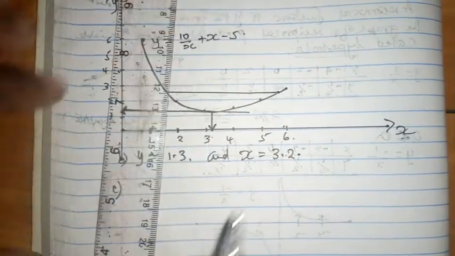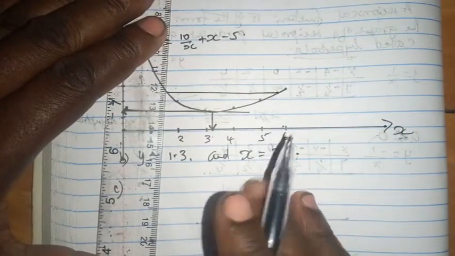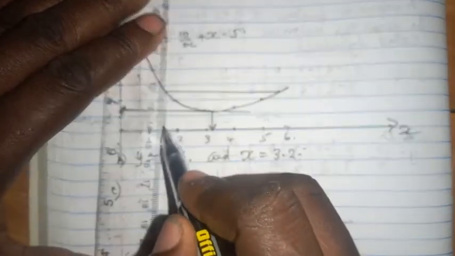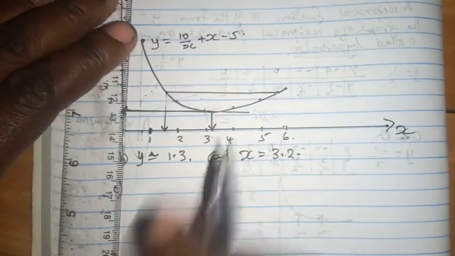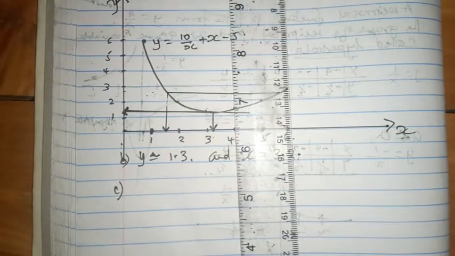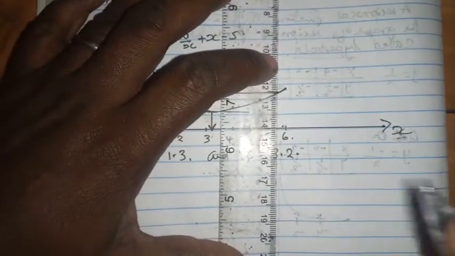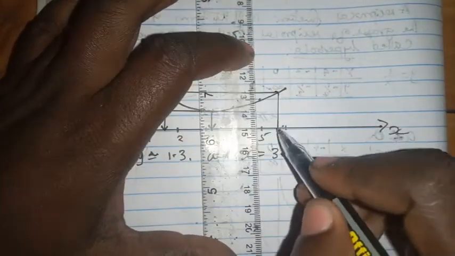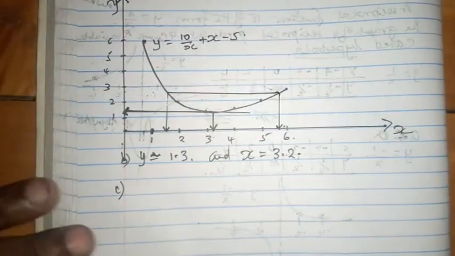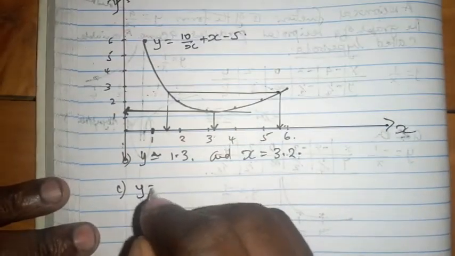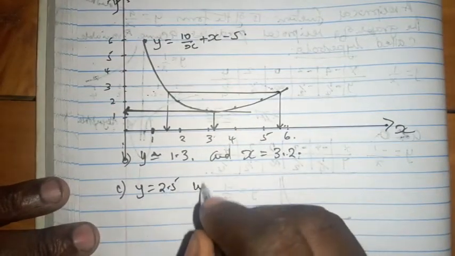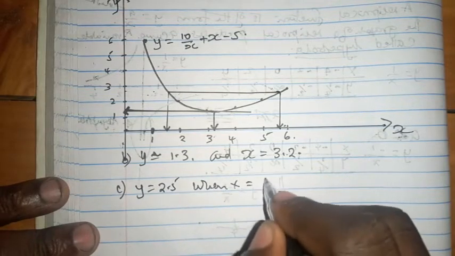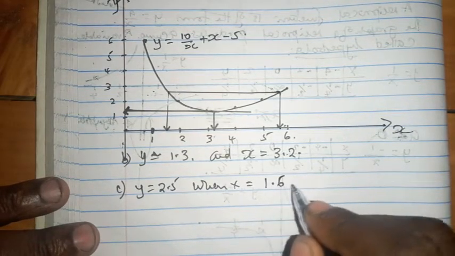You should just be able now to drop from it to get the corresponding value of x there, and the corresponding value of x here. So you can say y is equal to 2.5 when x is equal to 1, let's say 1.6,